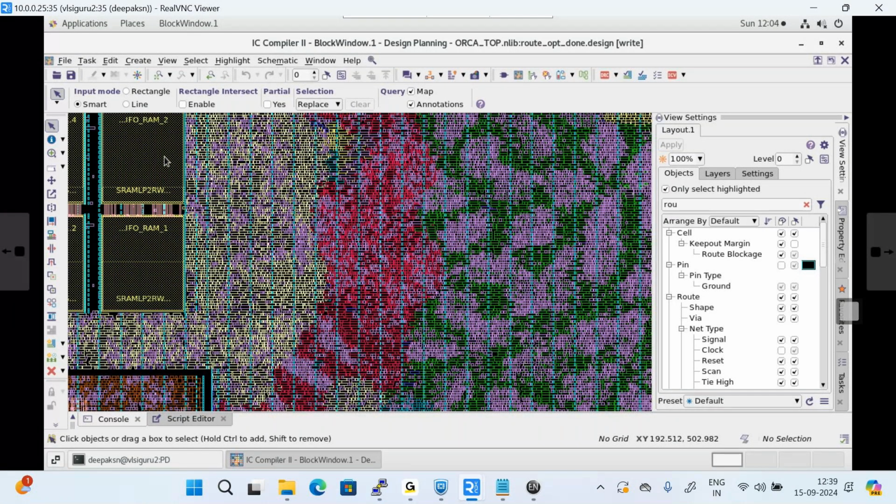So those engineers will work on how to write the schematic for PLL from the transistor level by using different W by L ratios. They will work on how to write the PLL schematic. After writing the PLL schematic, there is a layout team. They will draw the layout for the PLL schematic. After drawing the layout,